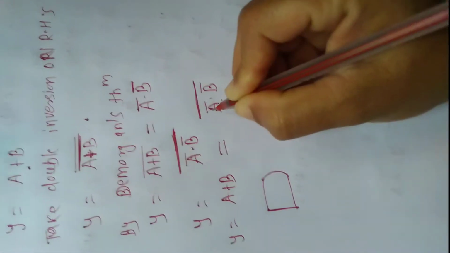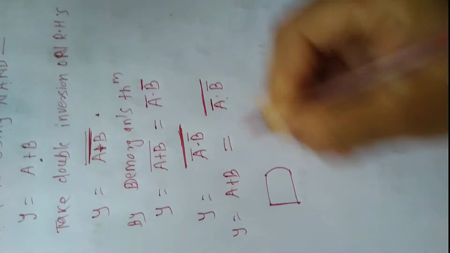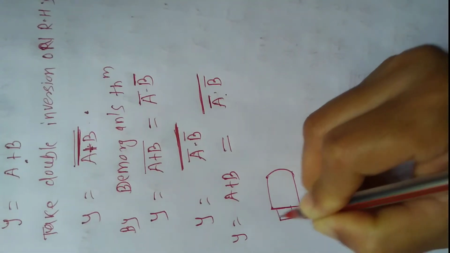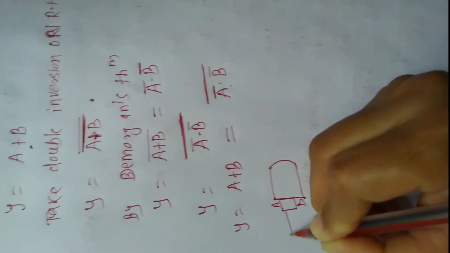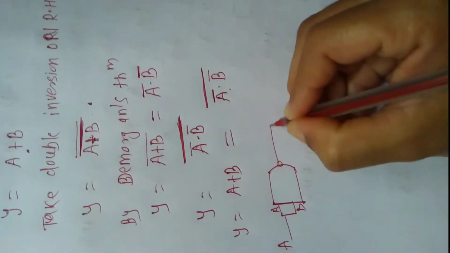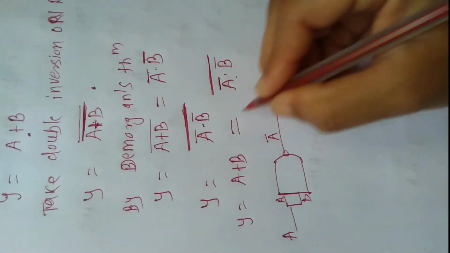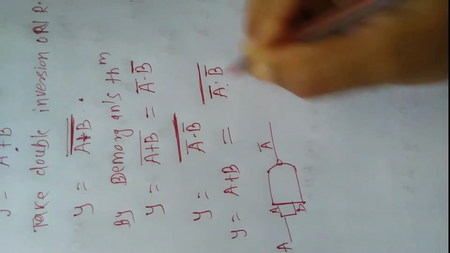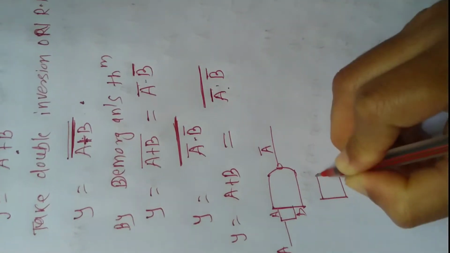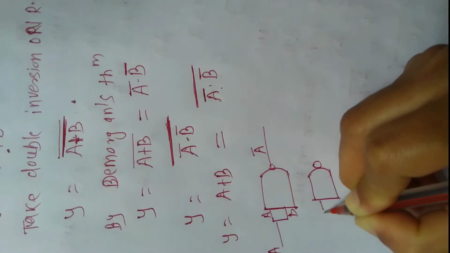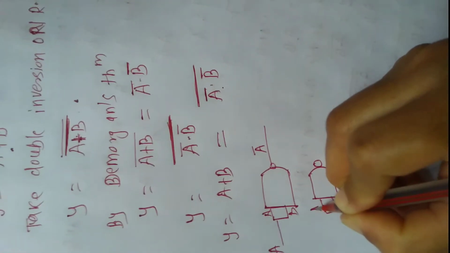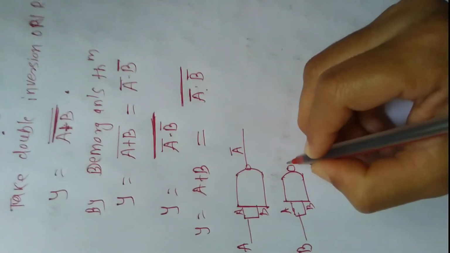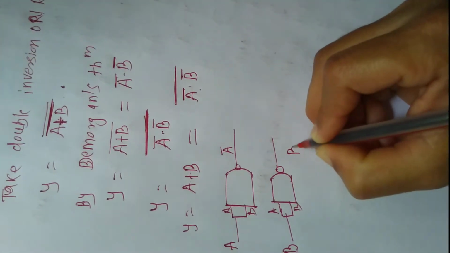So this is a single bar, but the NAND gate has two inputs. So these two inputs are combined, A and B, and one input is given as A. So the output of this first NAND gate is a bar. Another input is b bar. So for another NAND gate, there are two inputs, these two are combined, and we give the input as B. So the output of this NAND gate is b bar.